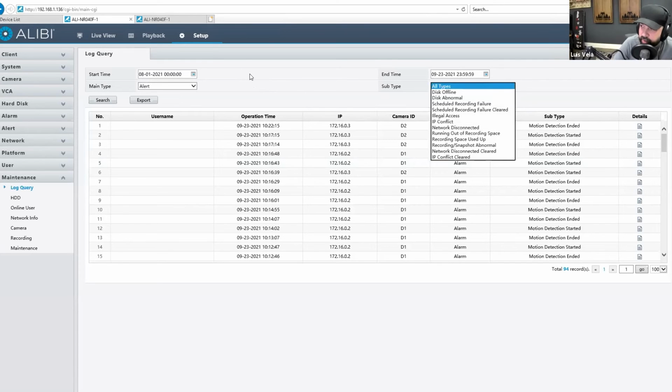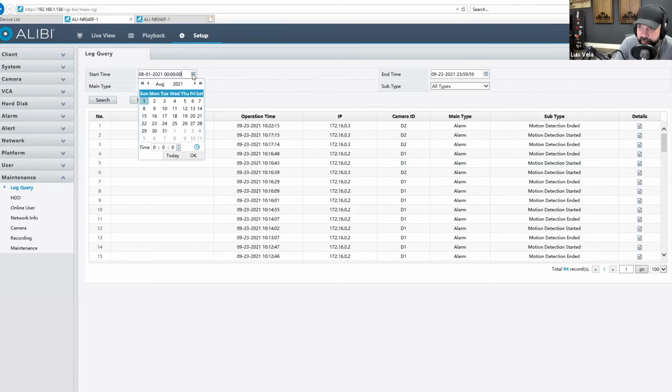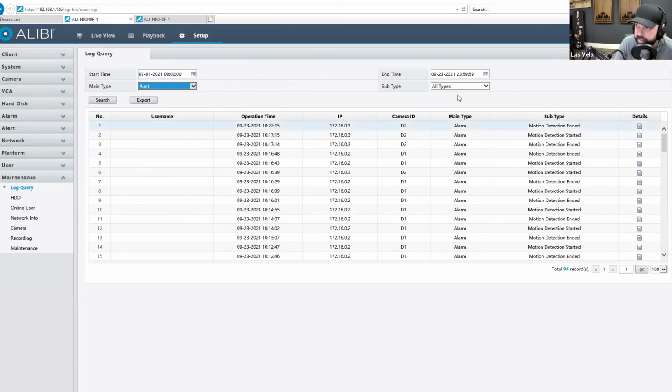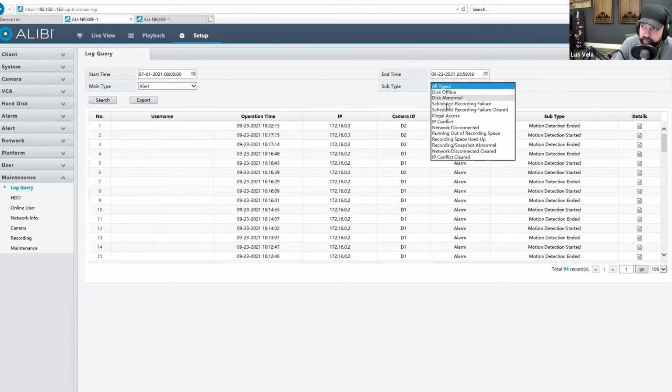I think this is one of those spots where this will really benefit you using the P2P option, right? You can log in through your Star4Live. You can access the box via web browser. And if you have a customer saying, hey, I don't have any playback, or I'm having other issues, you can really go in here, set up your time frame, to crank it back, whatever you would like. And then choosing the alert option here is going to give you all the alerts that pertain to these kind of conflicts, right? So if you have anything wrong with the hard drive, IP conflicts, some abnormal stuff,